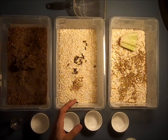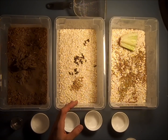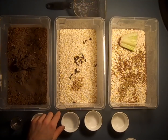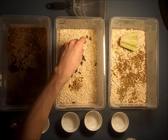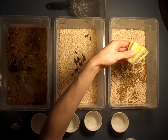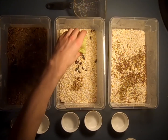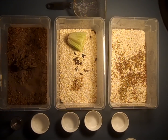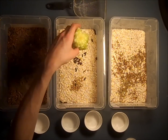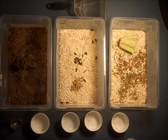These guys don't really eat, so there's nothing to really worry about with that. They're pretty much going to just go on their way. You can take one of these too. Take one of these and put it right in here. That does give them humidity, and also a source of water. So I'll grab another one for them, but for the time being,